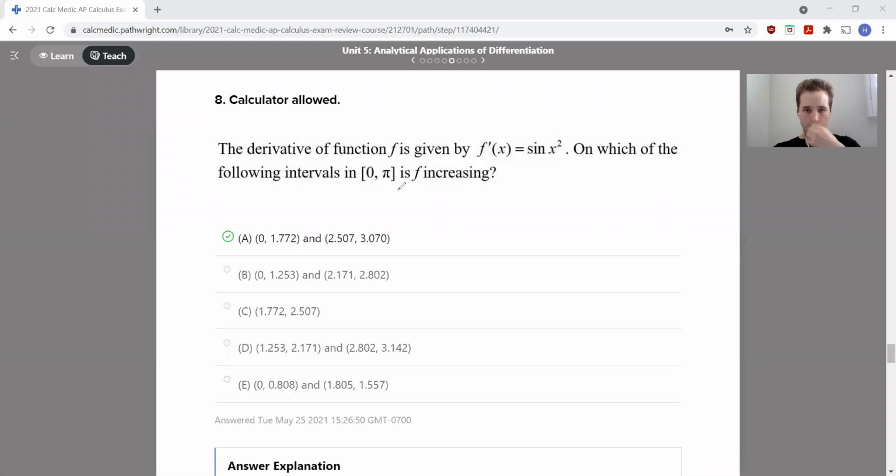So f prime of x is sine x squared. On which of the following intervals from 0 to pi is f increasing? Okay. Well, if we plug in 0 and pi into sine x squared,